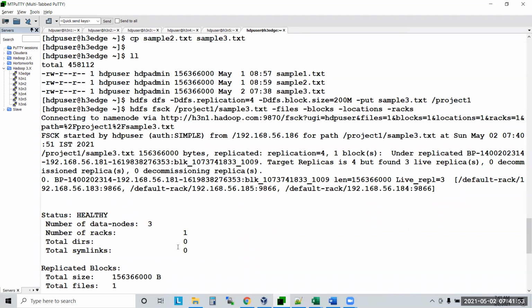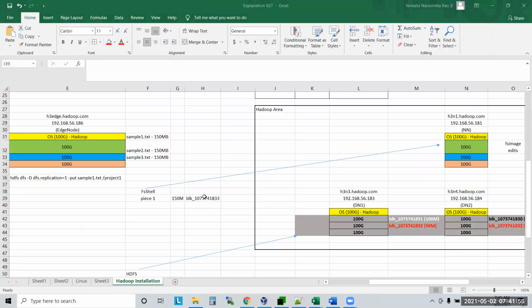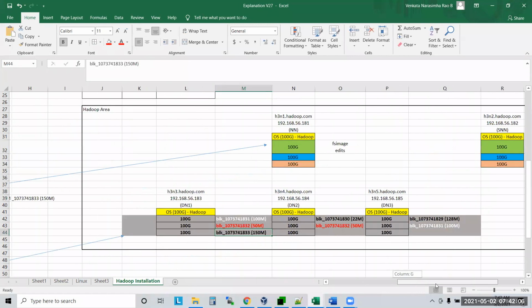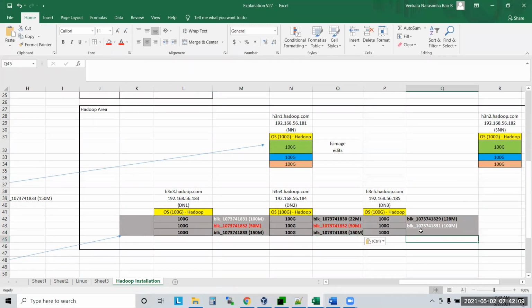So as of now, the piece has been written into 183. How much size? 150 MB, right? This is the one written here: one copy, one copy, one copy. But where is the fourth copy?